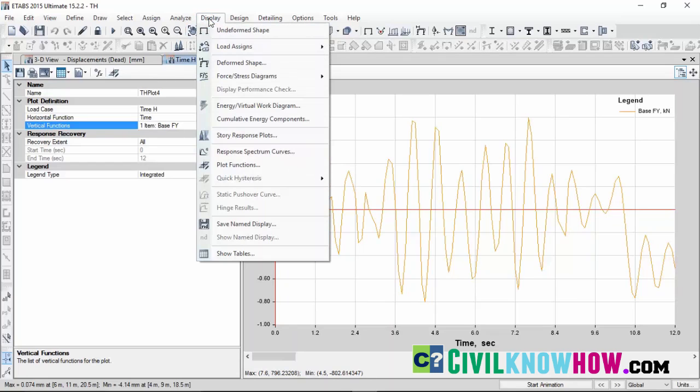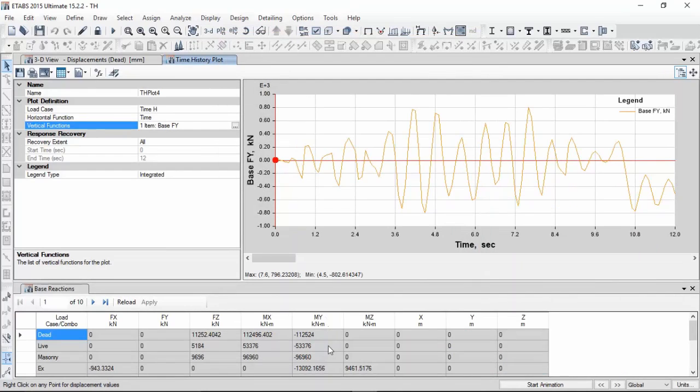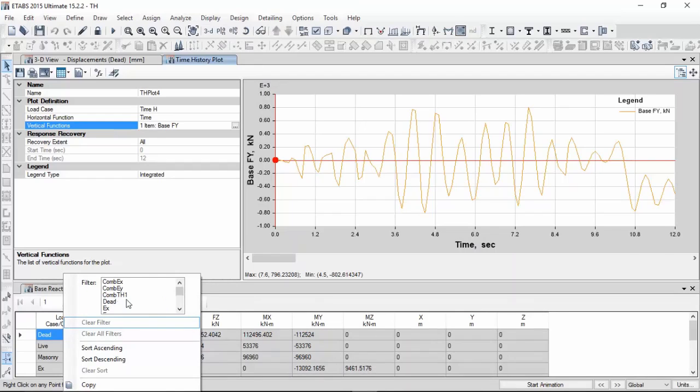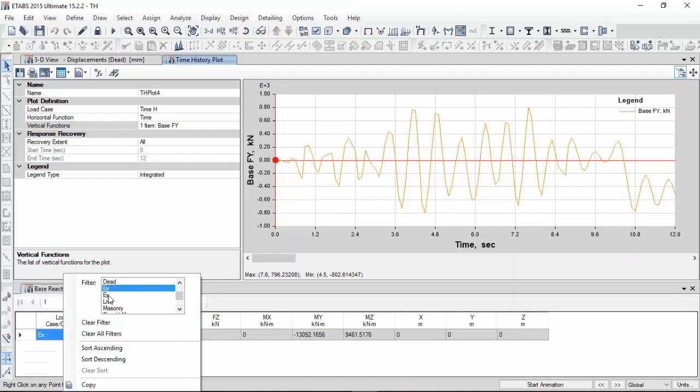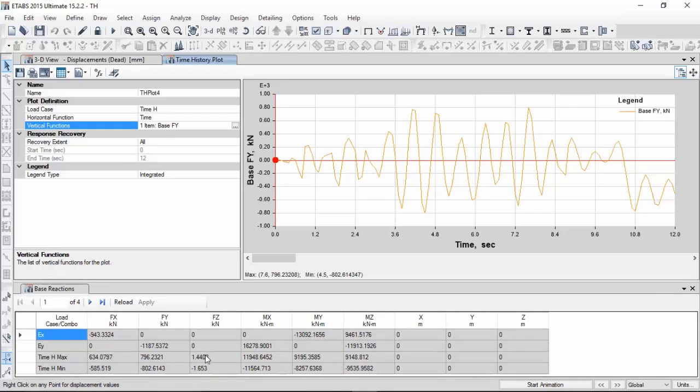And now let's go to display and select the show tables. And here in results, in reactions, select the base reactions and click on OK. And in load case combo, I am just selecting the EX, EY, and the time history maximum and the time history minimum. So here we have obtained the base shear values with respect to static and time history analysis along both X